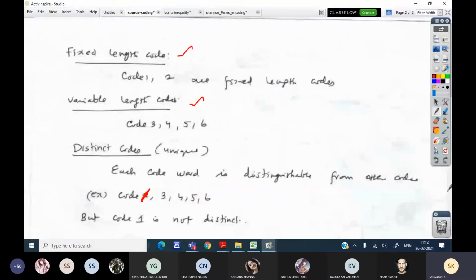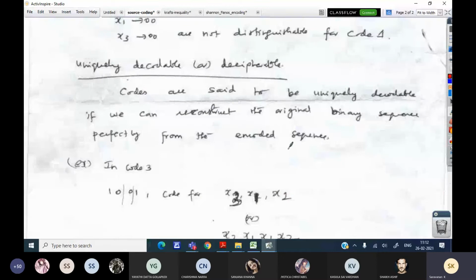The next is, what do you mean by uniquely decodable code or decipherable code? Codes are said to be uniquely decodable if we can construct the original binary sequence perfectly from the encoded sequence.